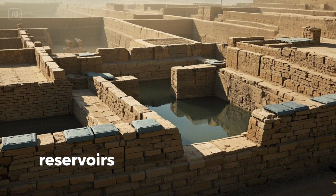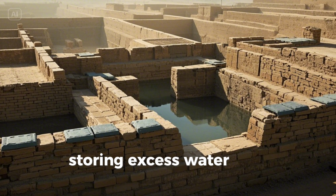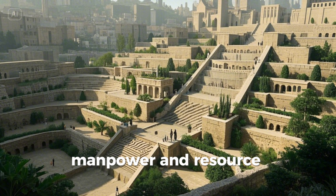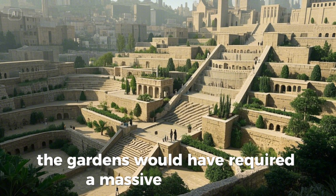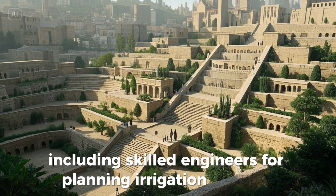Reservoirs and cisterns may have been integrated into the terraces, storing excess water and releasing it gradually for irrigation. Manpower and resource management. 1. Workforce and labor organization. The gardens would have required a massive labor force, including skilled engineers for planning irrigation systems,